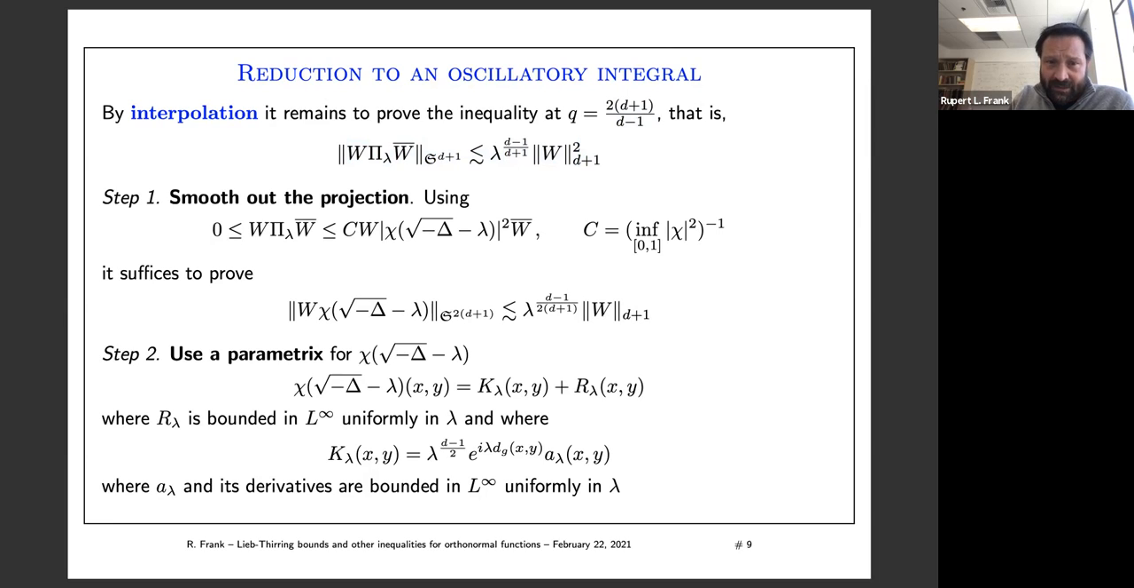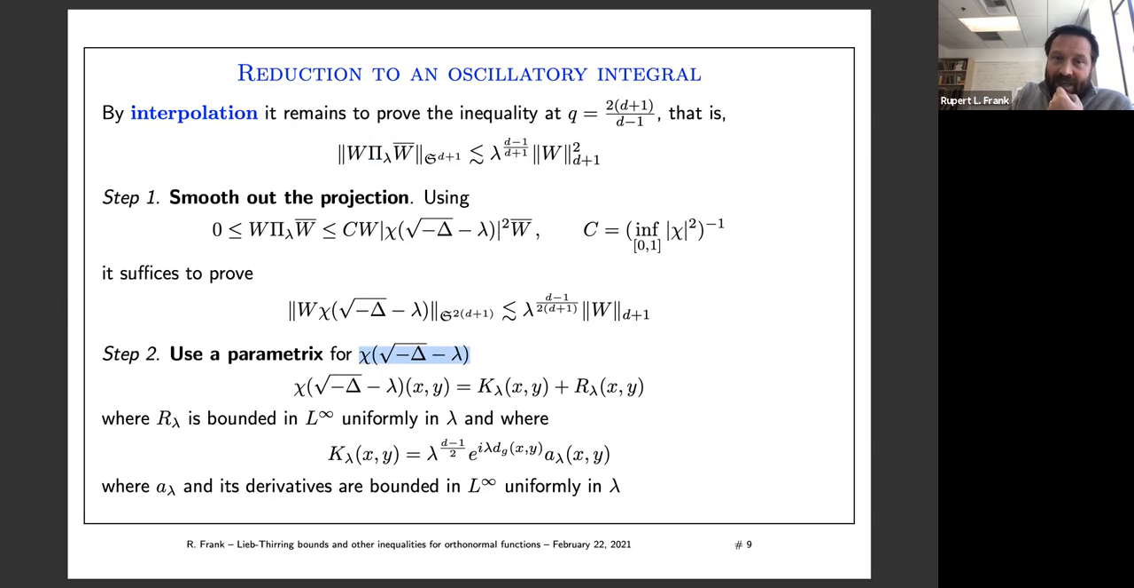Now, how does one prove something like this? Well, this is the step where you at least follow partially the one function case. So first of all, you want to smooth out the projection, right? In the spectrum, before we had a characteristic function really localizing to this spectral window. When you work with these things, it's always nicer to smoothen out this characteristic function. So that's relatively standard. And once you've smoothed it out, you can use a parametrix for this smoothed out spectral